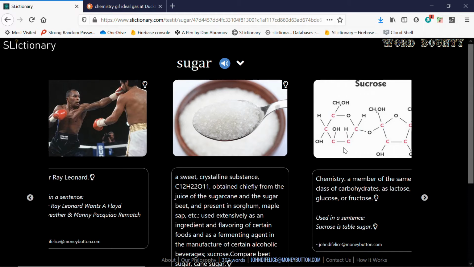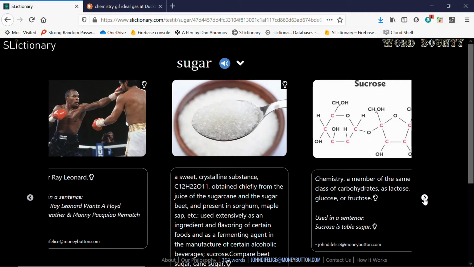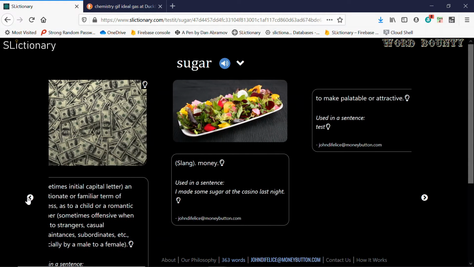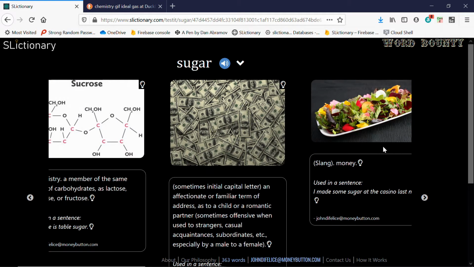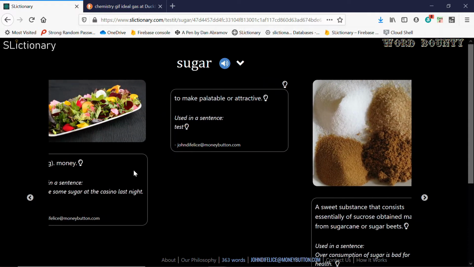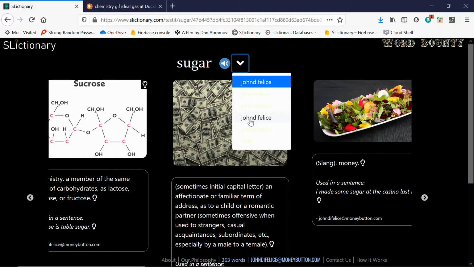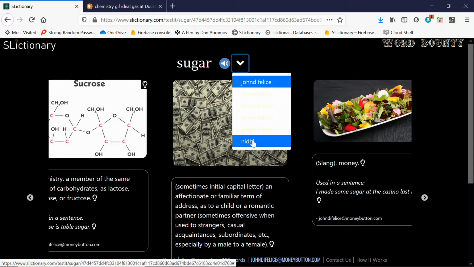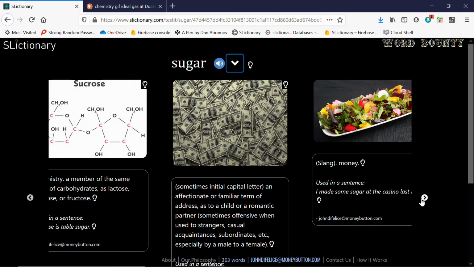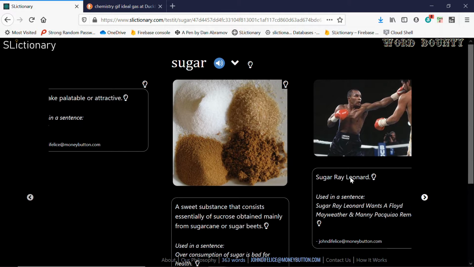Okay, sugar has multiple versions, and you can see them right here. What we have is a slider that you can use to just go from definition to definition. Okay, goes like that. You can also swipe. There we go. You can swipe it with your mouse, and this also means that you can swipe it with your finger on your mobile phone of choice, iPhone for instance. This has multiple definitions. They're all by me. So let me go to the one definition that is not me,